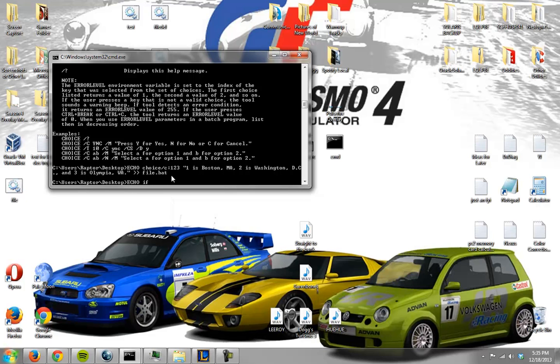Echo. So we're going to do if percent error level percent equal to 2. You see, my only problem with this is I'm not sure if error level should be in quotes or not, because it'll give you 2, but it won't give you 2 in quotes. I'm gonna put error level in quotes here, and I'm hoping it'll work. Made a mistake. Whoops. There we go. We'll space it. If error level equals to what? Anyways, if error level equals 2,